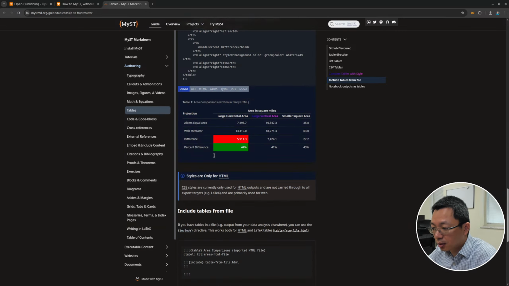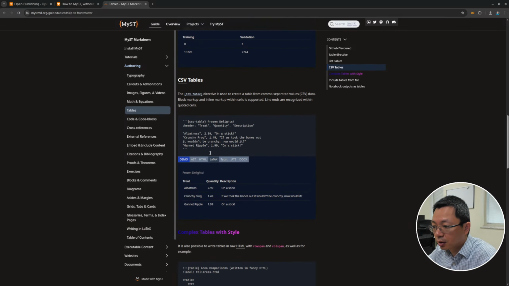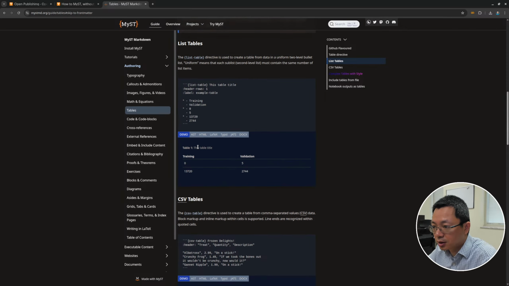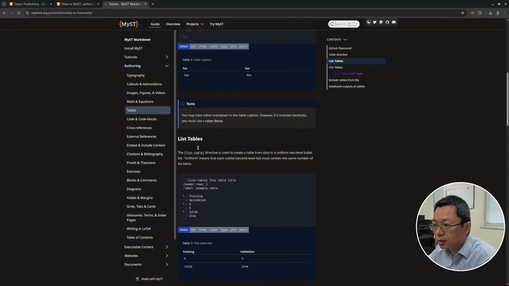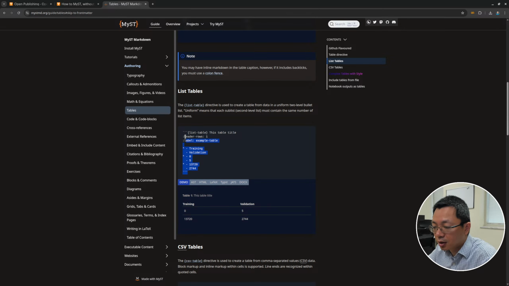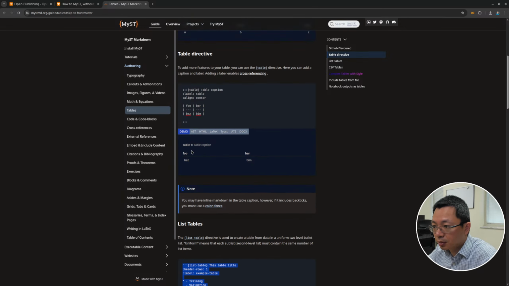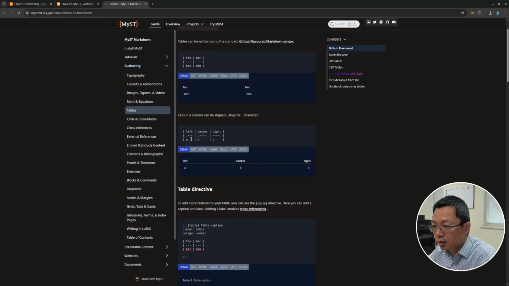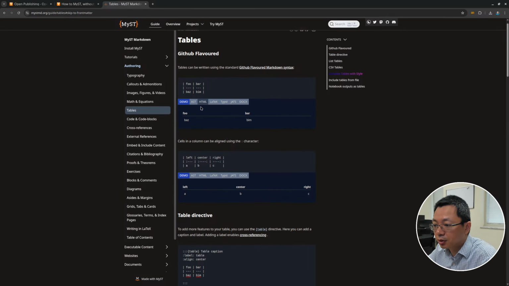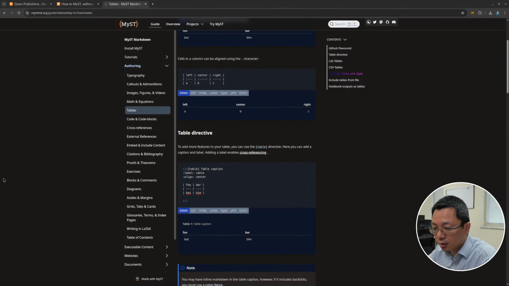So then maybe create a nice table like this. How about this one? Oh, here you can see a CSV table. How about maybe this one? So you can see you can have a list table, you can have something like this, the table caption. Maybe I'll just use the most basic one. All right, I'm going to copy this one